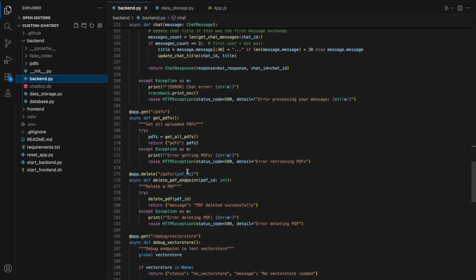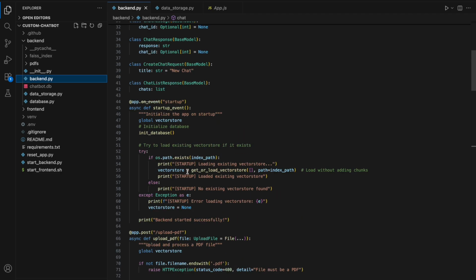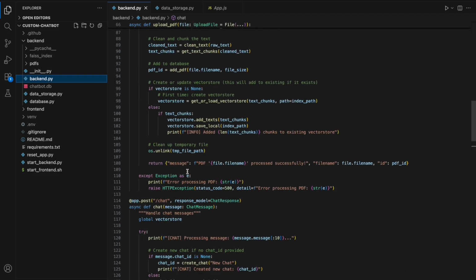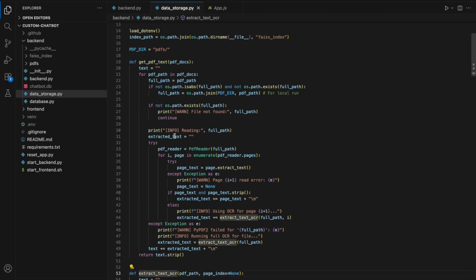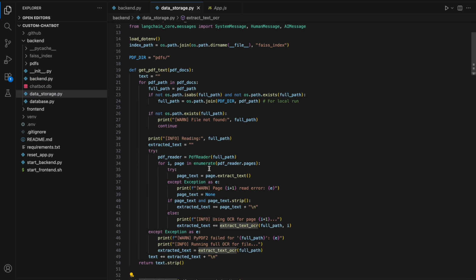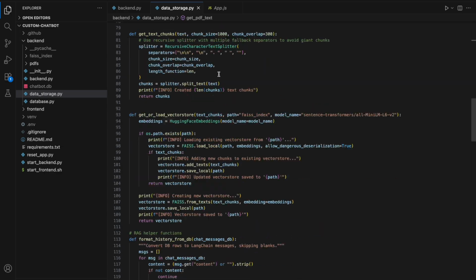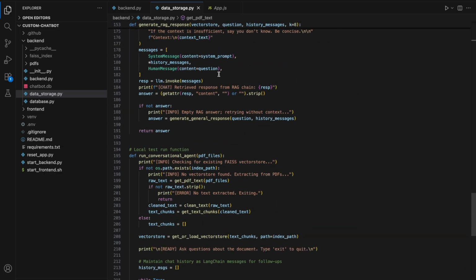There's not a ton of logic here. It's mostly just the endpoints and handling the data, and then most of the logic gets passed down to this file, which is called data storage. This file has basically the core of the logic. It has the RAG pipeline set up, the PDF extraction logic, and the actual LLM conversation chain logic. It's a bit of a long file, so I won't go into detail line by line,